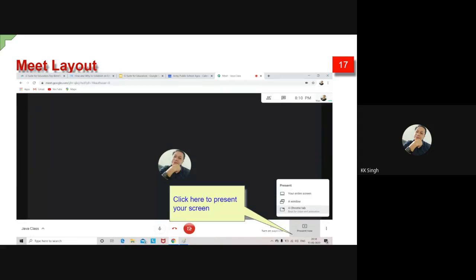So I am using only the Chrome tab. If I use the entire screen, I'll be able to use the complete screen, whether this is window, tab, or the entire screen.